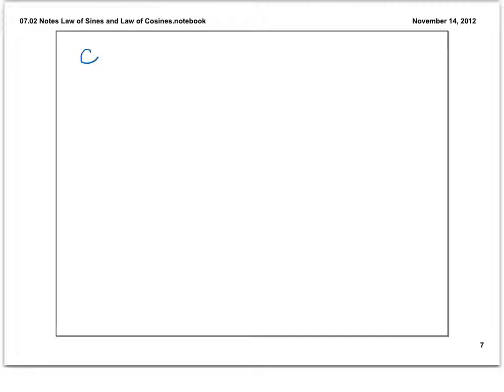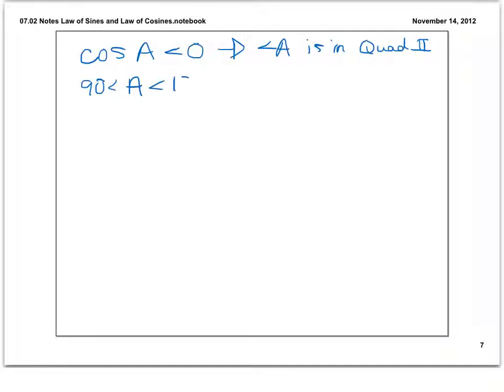When cosine of an angle is less than 0, that angle lies in the second quadrant. And we know that second quadrant angles are between 90 and 180 degrees, which means I'm looking at an angle that is obtuse. If this is the case for our law of cosines, then we know automatically that our other two angles are acute. If cosine of the angle is greater than 0,